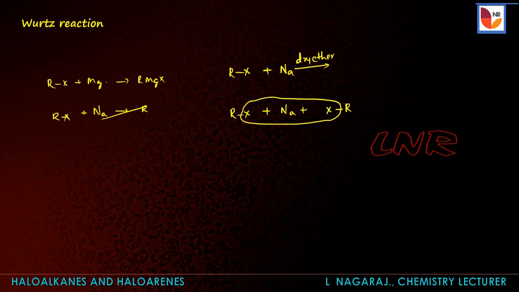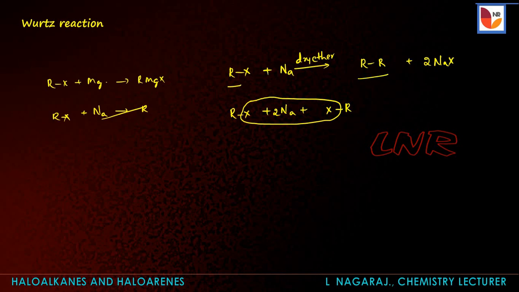Due to the valency of sodium being 1, it is taken as 2 moles. 2 moles of Na combine with the 2 halogens, giving 2 moles of NaX, and the product is RR. That is, the number of carbon atoms present in the product is double the number in